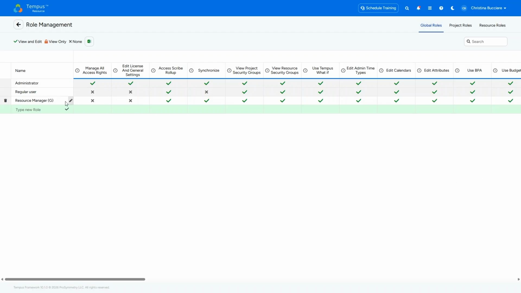First, you will create the role name in this global tab, and the best practice is to insert a G next to it, which stands for global in parentheses. And we will get into why that's important in a little bit, but you will create the role name, put a G next to it that stands for global, and then you will decide for each permission if this role needs access to it or not. So if this role needs access to view project security groups, you can choose grant or deny and click save, and it will put a check mark if you have granted it, and so on for every single permission in